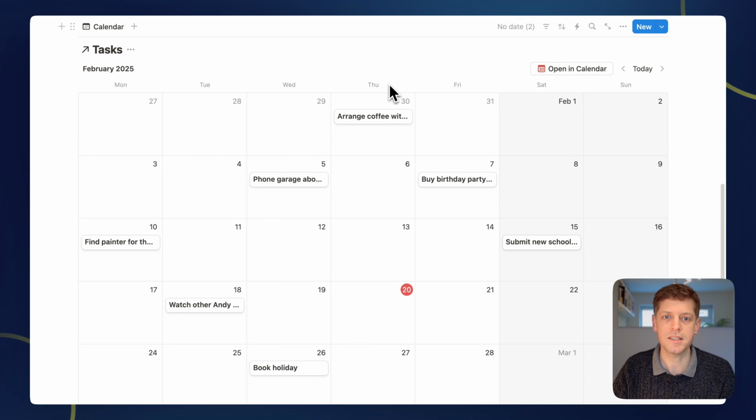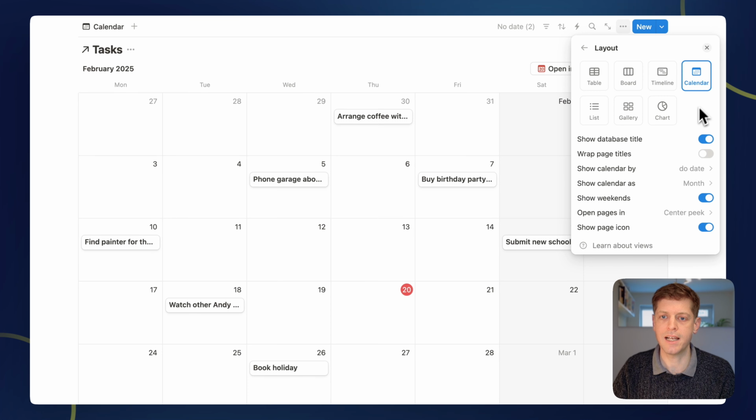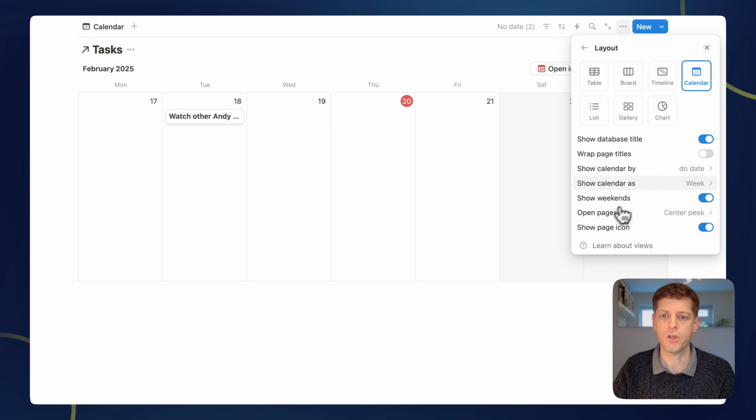Here are 10 key tips. Tip number 1 is you can view calendars as either a month or a week view. To go and change this setting, head to the 3 dots, click on layout, which is currently set to calendar, and here we've got show calendar as month, and then we can click week, or we can go back and